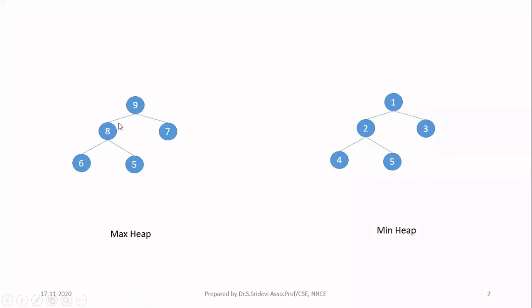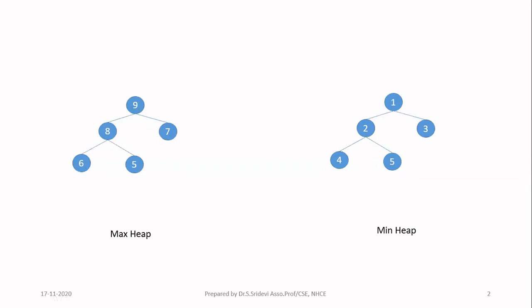Here i represents the level. So this is level 0. In level 0 at the maximum you can have 2 power 0 nodes, that is only one node. Then in level 1 you can have 2 power 1, that is 2 nodes. Now in level 2 at the maximum you can have 2 power 2, that is 4 nodes. But this tree does not have 4 nodes there, but it is fine. The rule for the complete binary tree is other than the last level, all the remaining levels must be completely filled. So this is the last level, that is level 2. All the remaining levels are completely filled, so it is obeying the property.